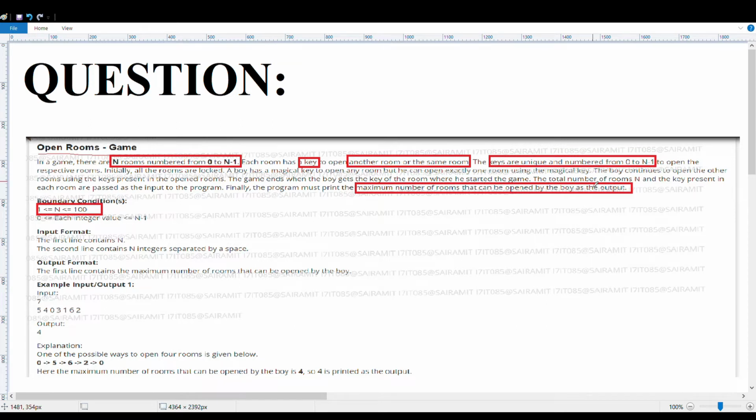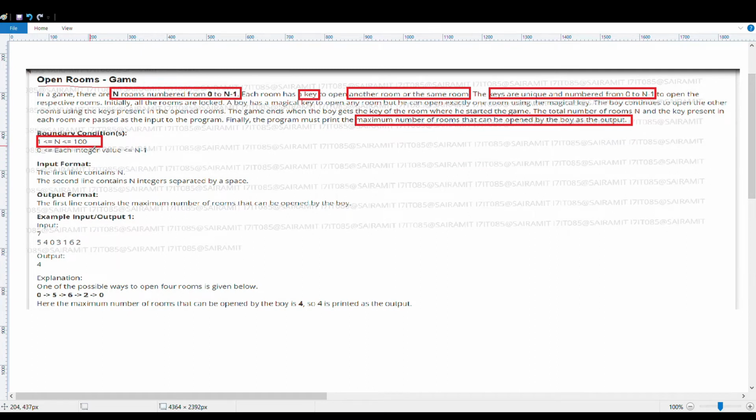The total number of rooms n and the key present in each room is passed as the input to the program. Finally, the program should print the maximum number of rooms that can be opened by the boy as the output. Boundary condition: n can be from 1 to 100.